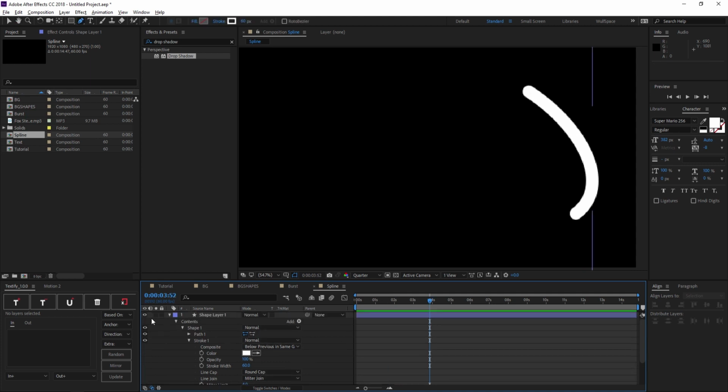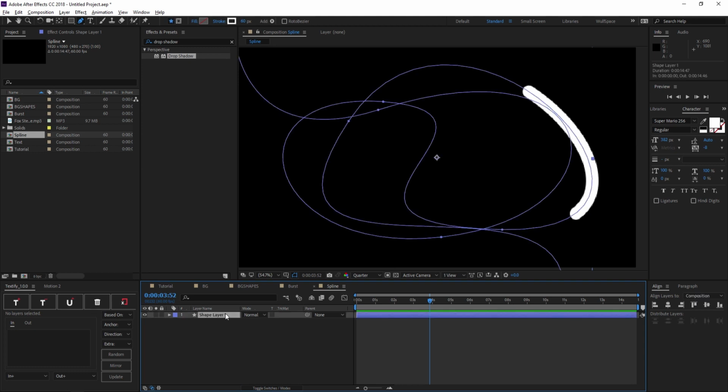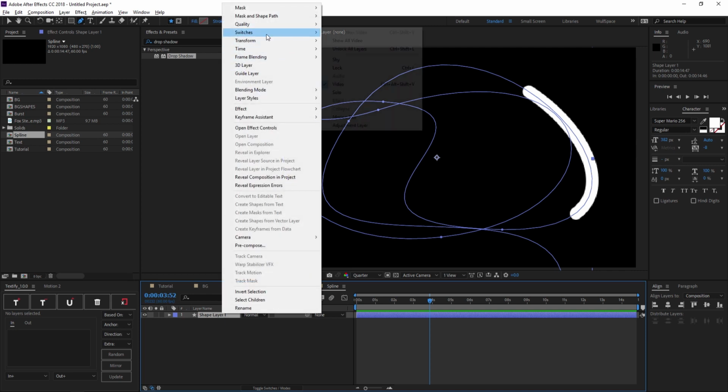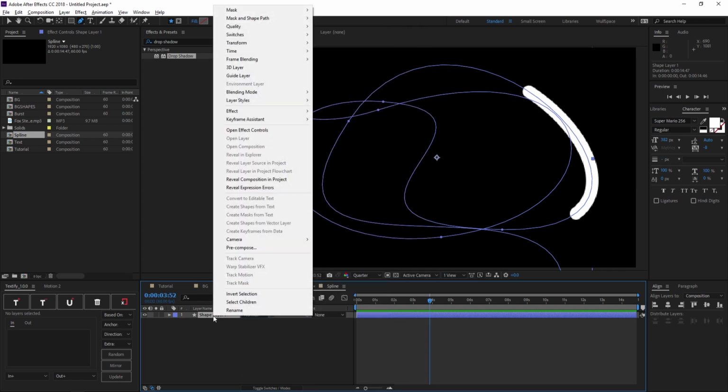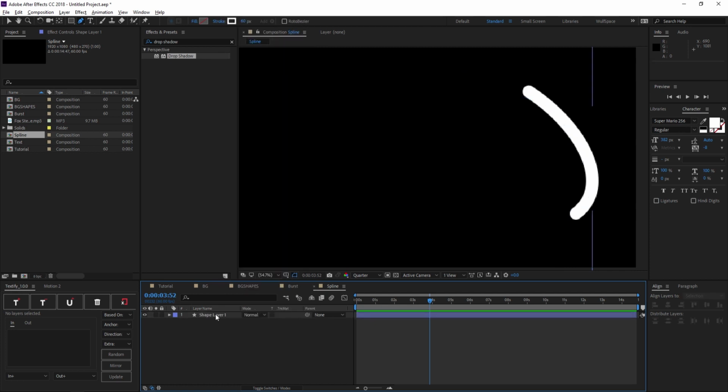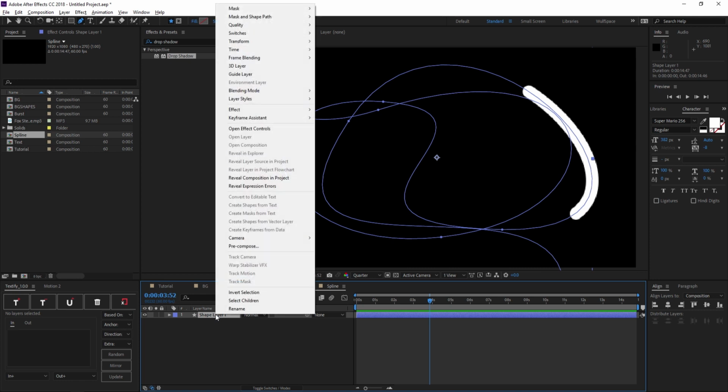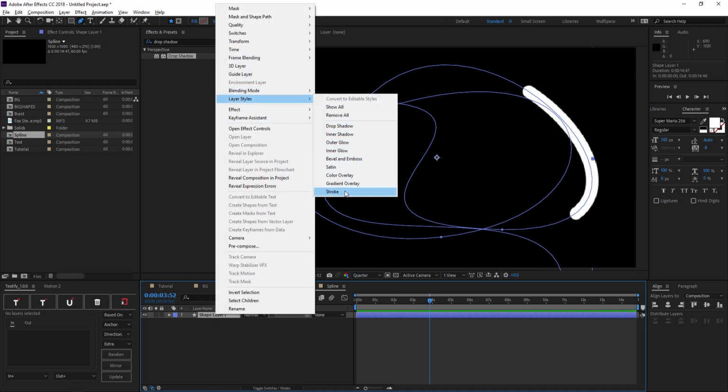Personally, I'm going to keep that on because you can do something cool with that later. So I'm going to now put a stroke around the spline. Pretty easy, you can do it with other spline designs that I was showing you earlier. If you right click it, oh look, my dogs came to us. Hello doggy. Okay, so if I click on the shape layer 1 and right click and go into the layer styles and click on the stroke,